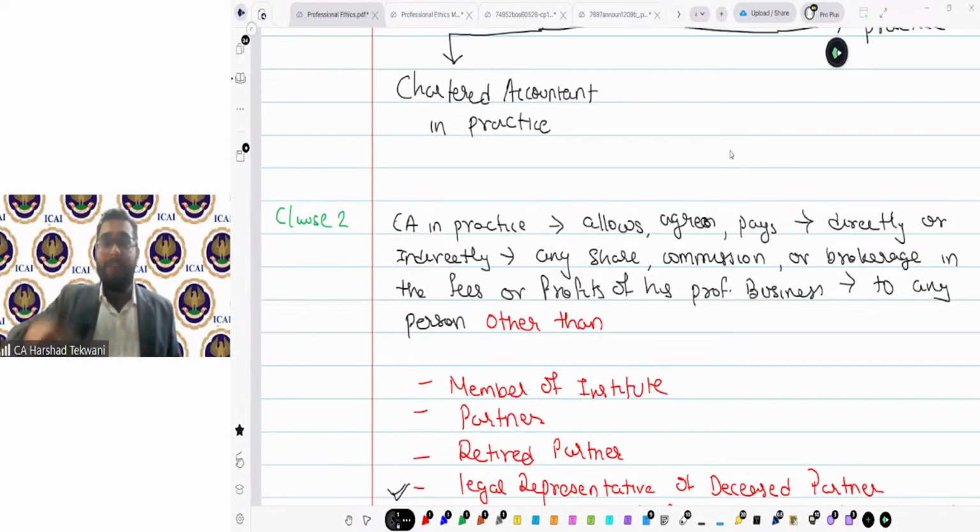If I accept part of his fees as a commission or bonus or brokerage, for example, in this case a tax accountant. I am a practicing Chartered Accountant, and I provided him reference to my clients, and my client gave him the work. In turn, he paid me 10% of whatever fees he received. In that case, it will be clause 3, because I am receiving the commission because I referred him something. Here it is alternate.